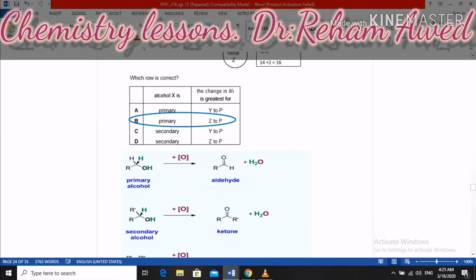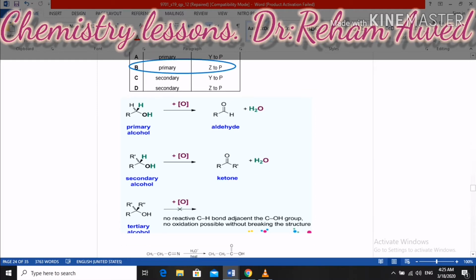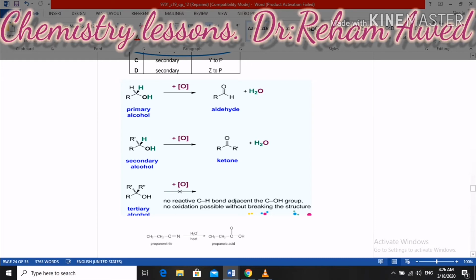Down here we can see different reactions for identification, oxidation of primary alcohol. When we oxidize a primary alcohol, we have aldehydes plus water. When we oxidize a secondary alcohol, we have a ketone plus water. And when we try to oxidize a tertiary alcohol, we have no reaction. So in our question, we take a primary alcohol as it forms an aldehyde, and aldehyde oxidation will